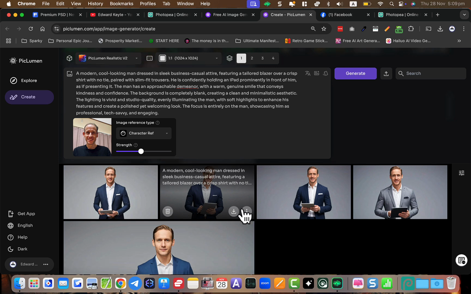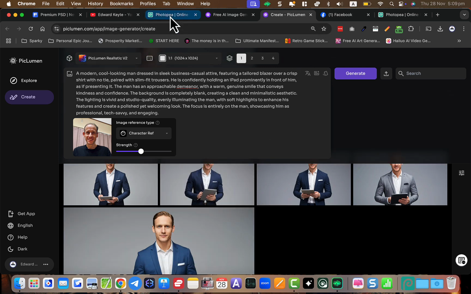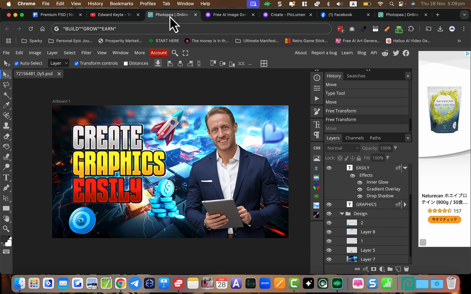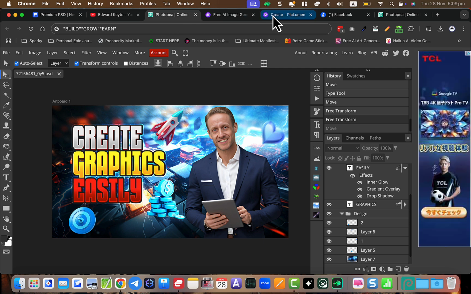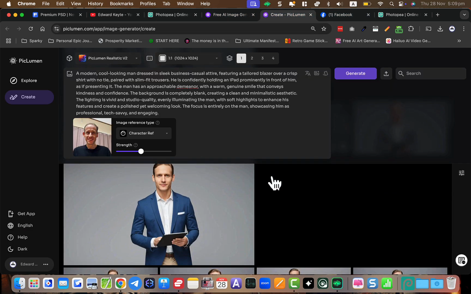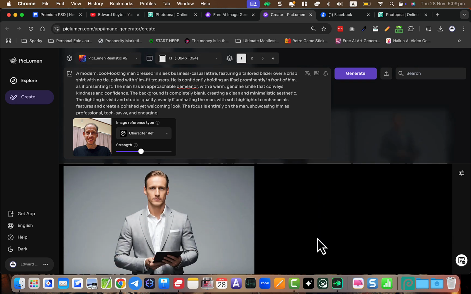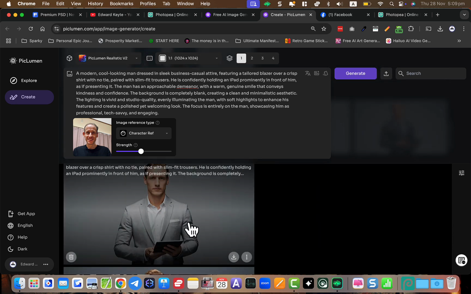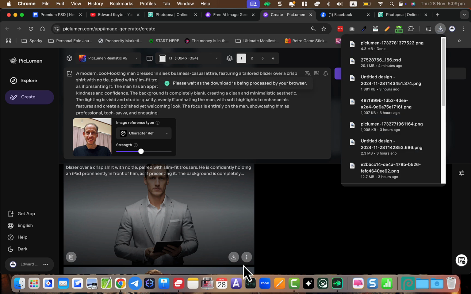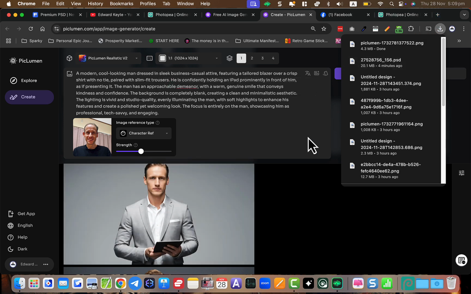So let me just double check. Okay. I might go with something else. Perhaps I'll go with this. So you can download it. You can even upscale it if you want. Sometimes it might be good to upscale it, but for this demonstration, I'm not going to do that. So I'm just going to go to another tool